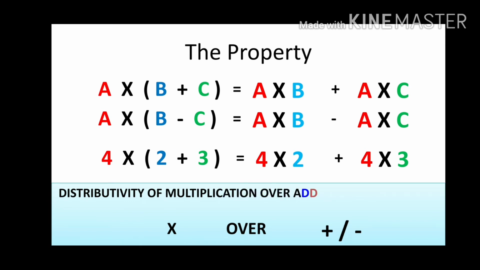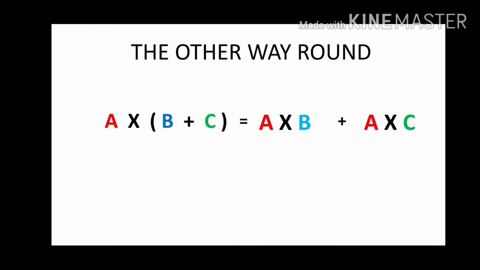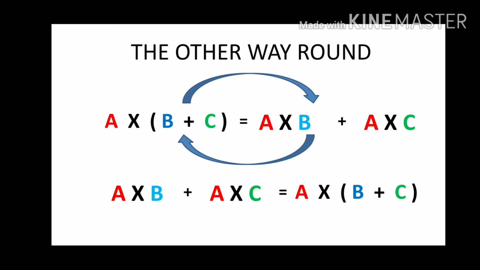So we can say this is distributive of multiplication over addition or subtraction. Always remember the properties for multiplication over addition or subtraction. Multiplication over addition. Now the other way around, when we see, now we have this one as a property, A into B plus C equals to A into B plus A into C. Just go the other way around. If you turn them, what we get? On the left side we will get A into B plus A into C is equals to A into B plus C. Now how to understand this?